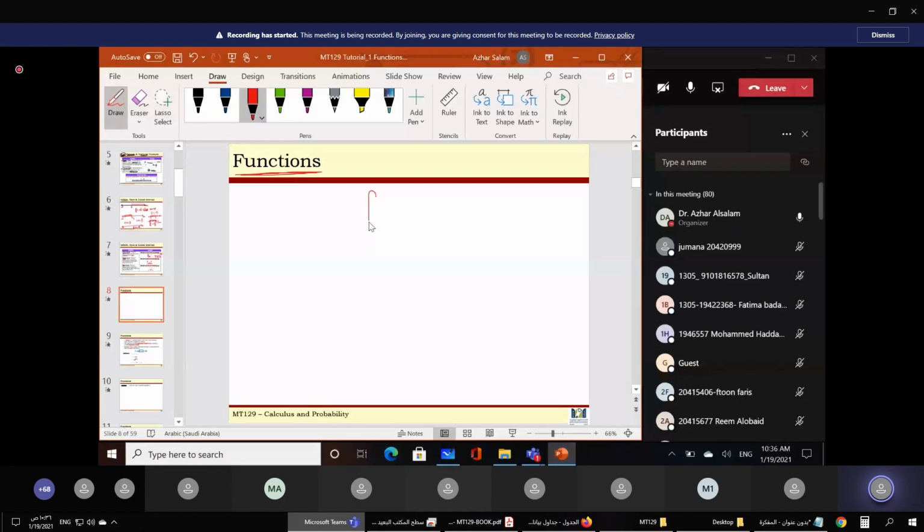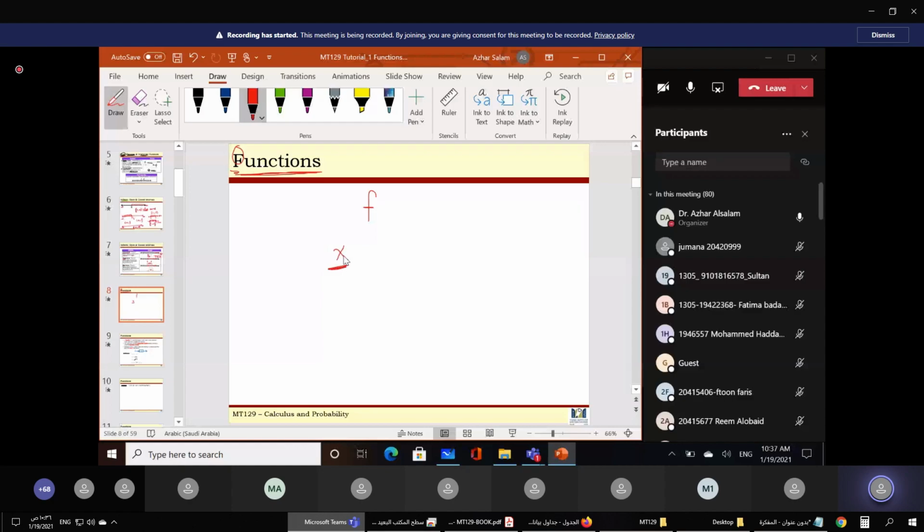I define the function by the letter F. Of course, the first letter of the word function is the letter F, so I named the function with the letter F. Most of the time, we'll have F as the name of the function. Of course, we can write other names for the function, but F is the main letter that we will use. The function is a rule that I use on a variable or numbers,